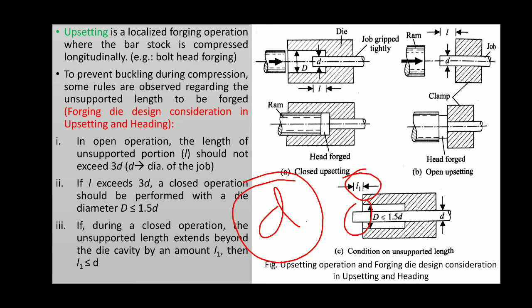Okay, and then it will be said that it is being carried out in, suppose, an open upsetting process. So whether it is justified or not, you have to check whether it is within the limit of 3D, that is, thrice the diameter, or not. If the unsupported length is within that, then it's justified that you can go for open upsetting, but if it is exceeding that, then it's not justified, you have to go for close upsetting and all. Okay,